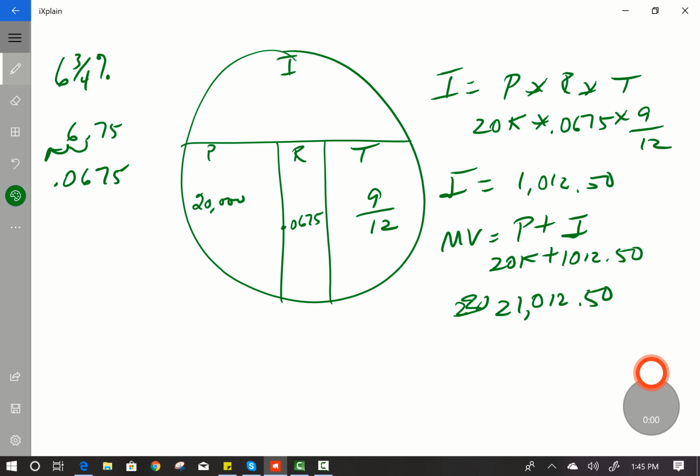Okay, numbers 4, 5, 6 are the same as 7, 8, and 9. The only difference between 7, 8, and 9, it's based upon exact interest. Anytime it's based upon exact interest is the 365-day year. On the first 3 problems, numbers 4, 5, and 6, it's based on ordinary interest. And then they also include the date borrowed and the date repaid, so we're going to have to calculate that as well. So I'm going to start with the